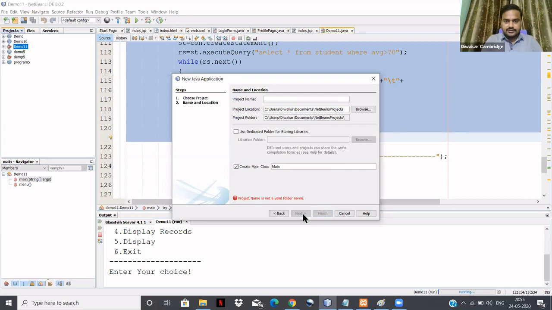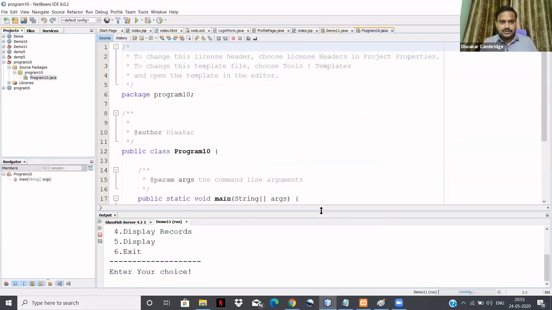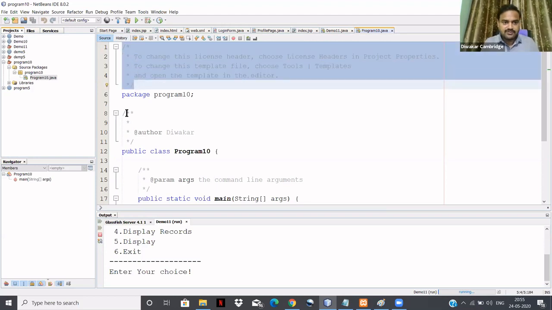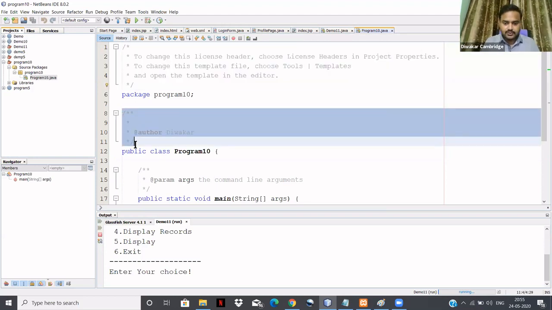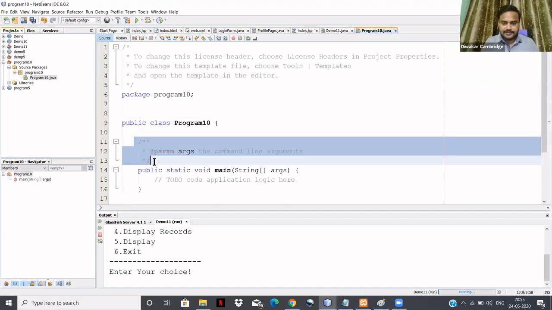Name it Program 10 and click Finish. What happens here? One Java application will be created with the class name Program 10.